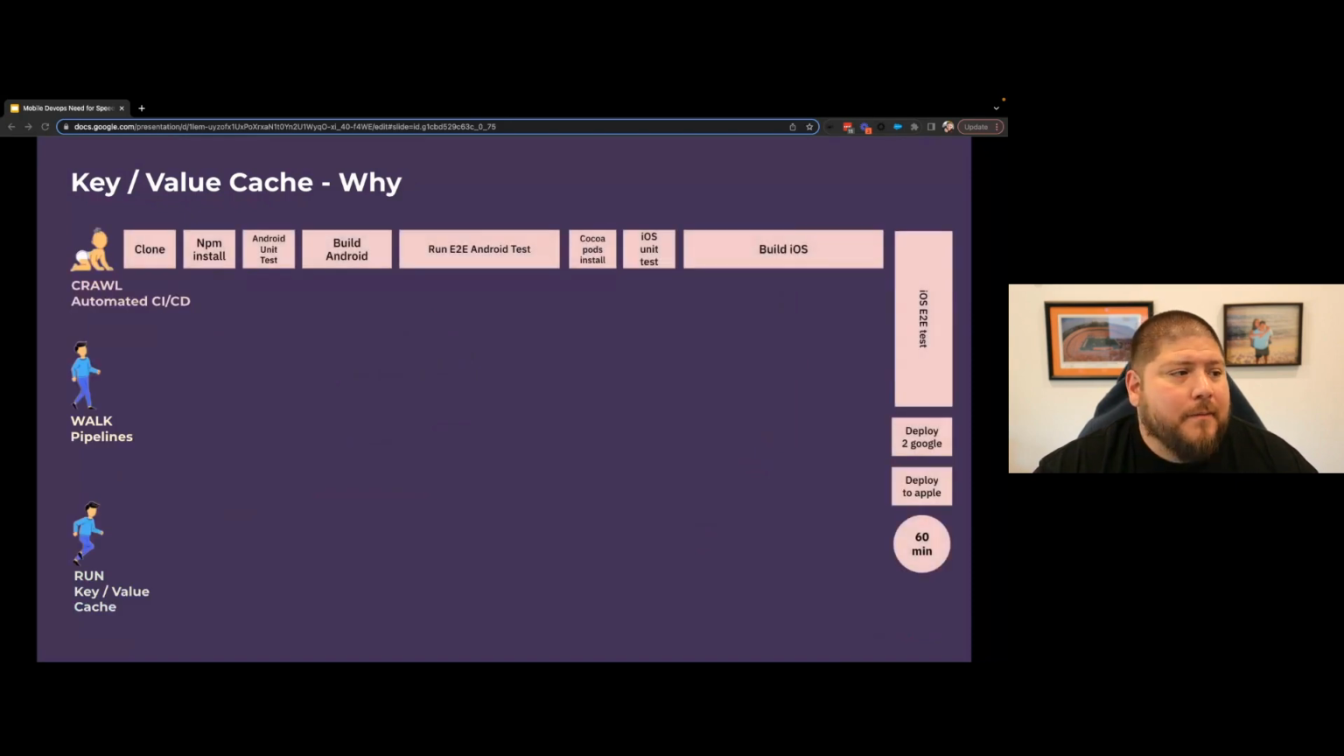What's the impact of this, right? Why do you want to do this? So as we talked about, I kind of mapped out an example application. This would be like a React Native application. We clone code, maybe we install NPM packages. We're going to run some Android unit tests, build the app, run the tests. Then once that's successful, we're going to install dependencies for iOS, run iOS unit tests, build iOS, right? Maybe run some end-to-end tests as well. And then I'm going to deploy to Google and to Apple. And that whole process, beginning to end, takes 60 minutes, which is an insane drag on waiting as a developer,